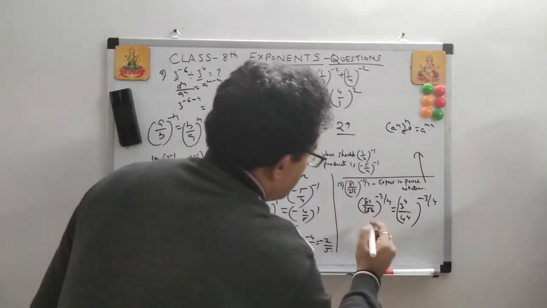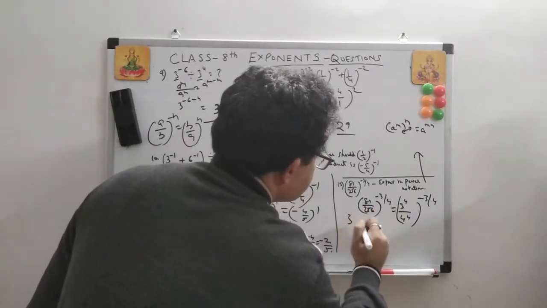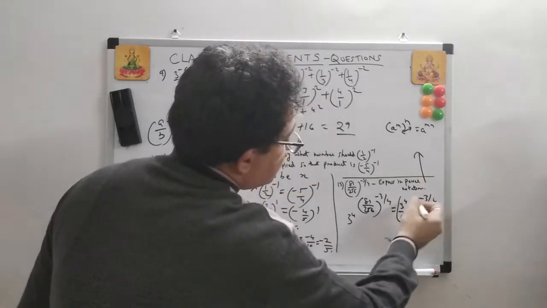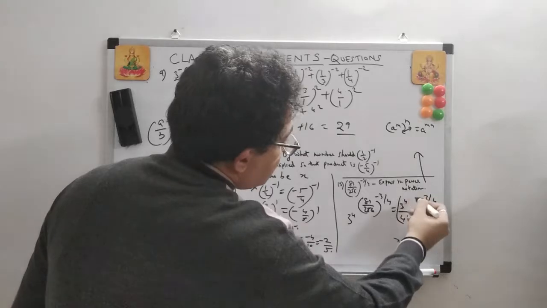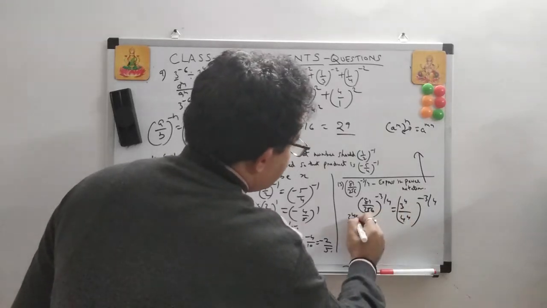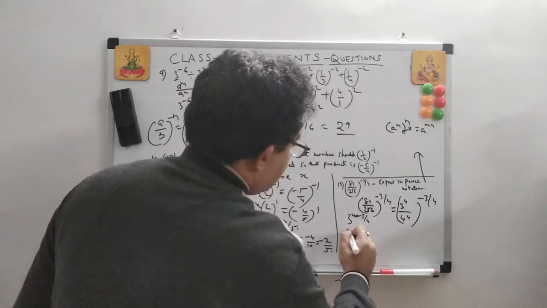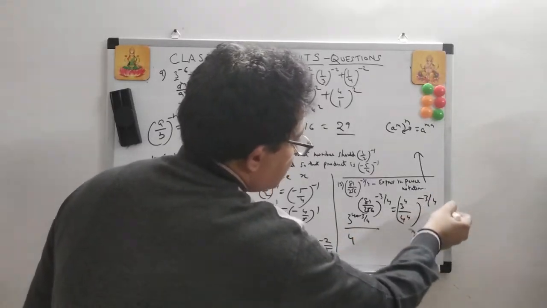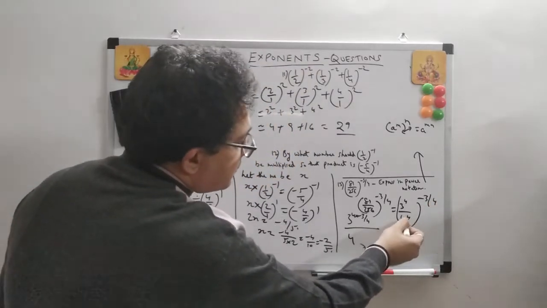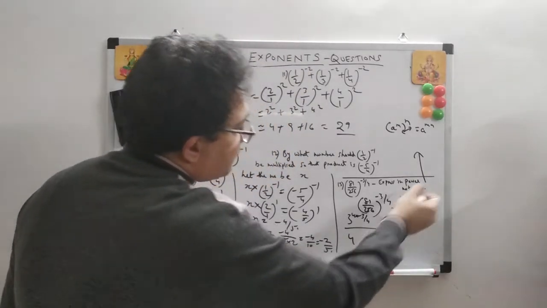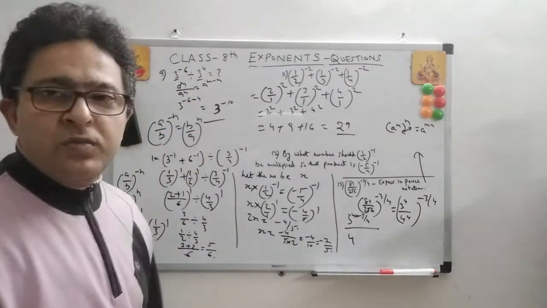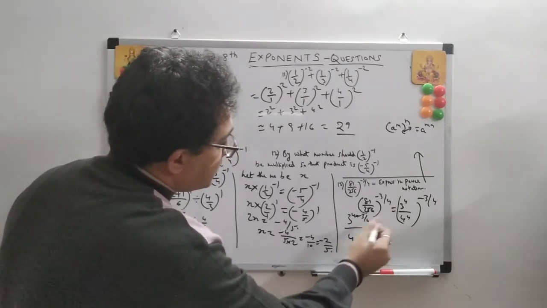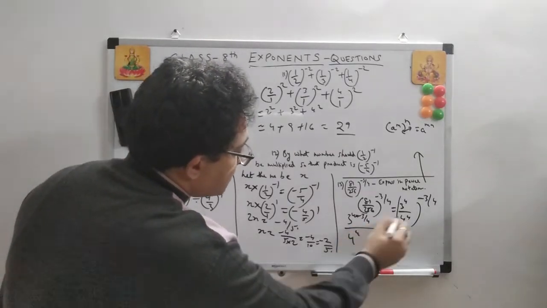Now this becomes 3 to the power 4, and this is again to the power of minus 3 by 4. So 4 into minus 3 by 4, we can write this. And this you can write as 4 to the power 4, and this again to the power of minus 3 by 4. So what I do? Simply apply this formula, mn, here also and here also. So 4 into 4 to the power 4, you multiply this.